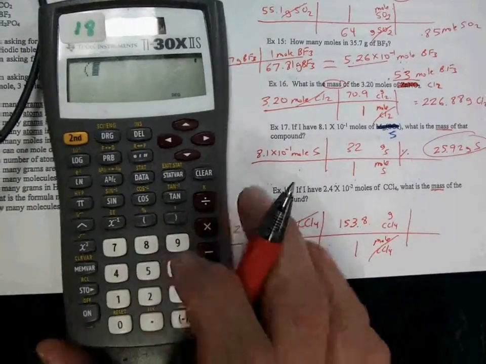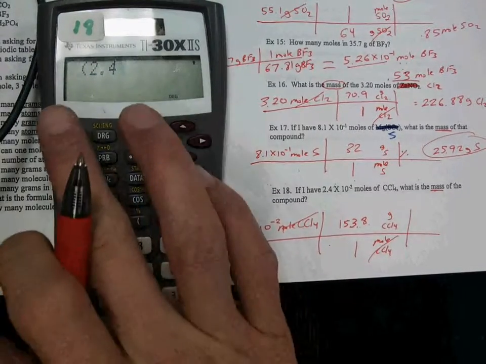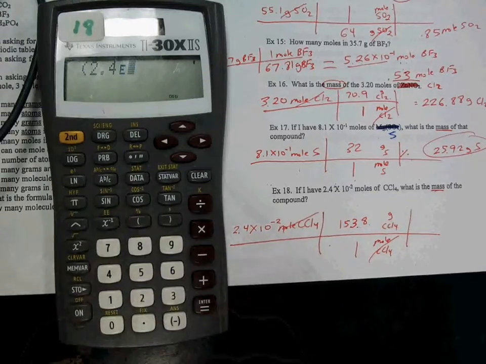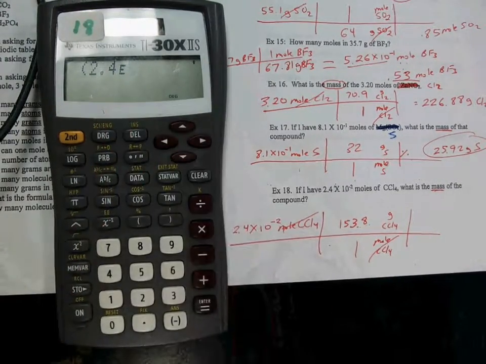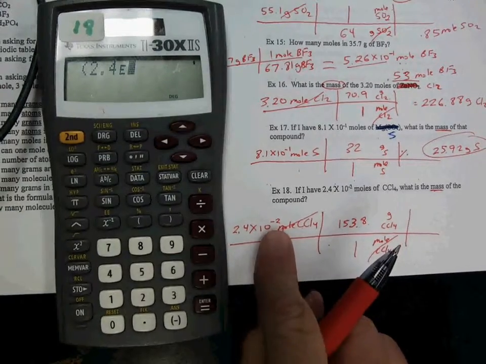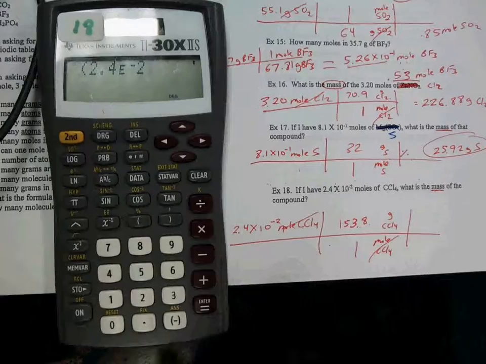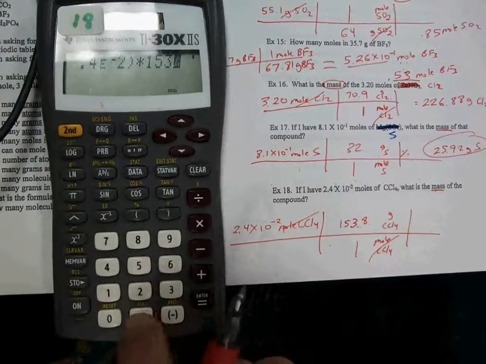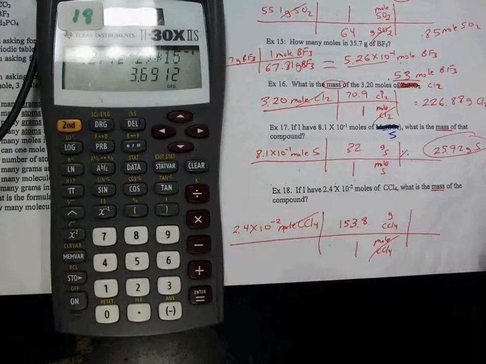And do the math. So again, remember I told you I wanted you to start with opening parentheses. 2.4, second, and then the E button right here. See it? Right there above the 7. Second E. And the calculator should show an E if you've done it right. Then type in your exponent, which this time is a -2. Close. Times 153.8. Divide by 1 equal. And the answer should be